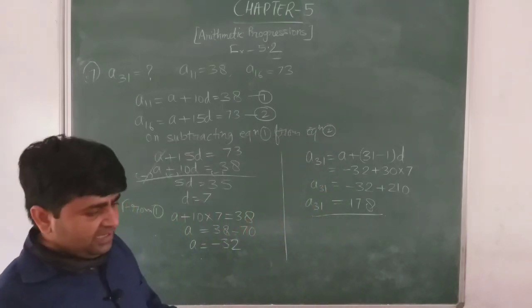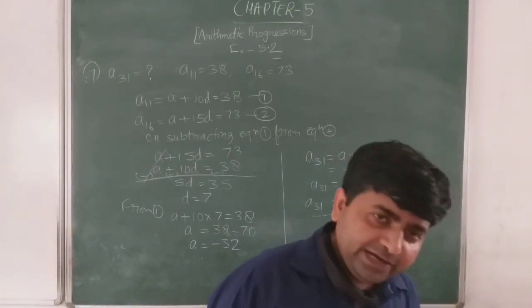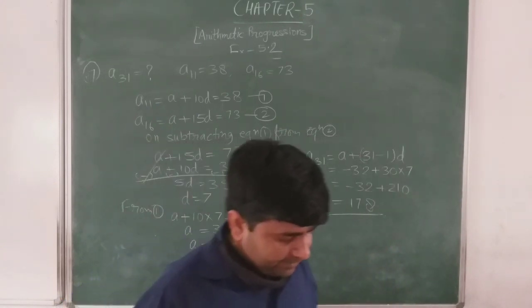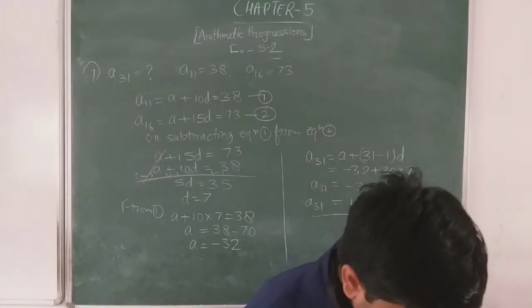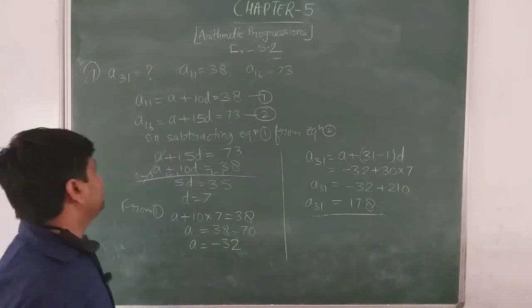We can find A and D. And now find the 29th term. Same है बिल्कुल, 31 की जगह 29. Next question also 9 and 10 you can. Now I am solving question number 11.